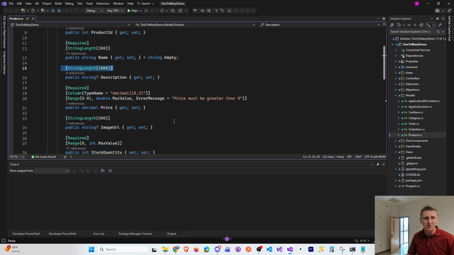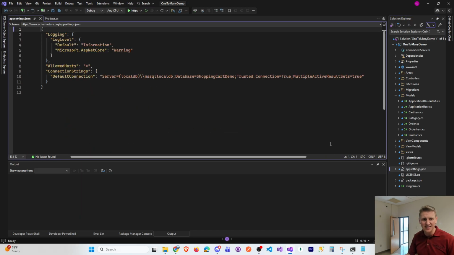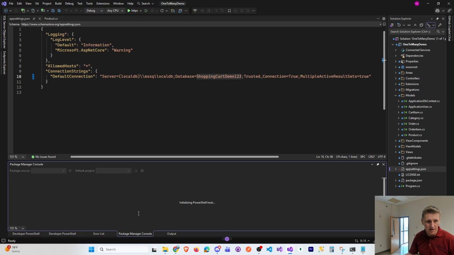Okay, so here's the app, here's the products. Again, this is called the domain model because it ties into the database. There is a database behind this. This database is called Shopping Cart Demo. Just for this demo, I'm going to call it Shopping Cart Demo 123. And if I